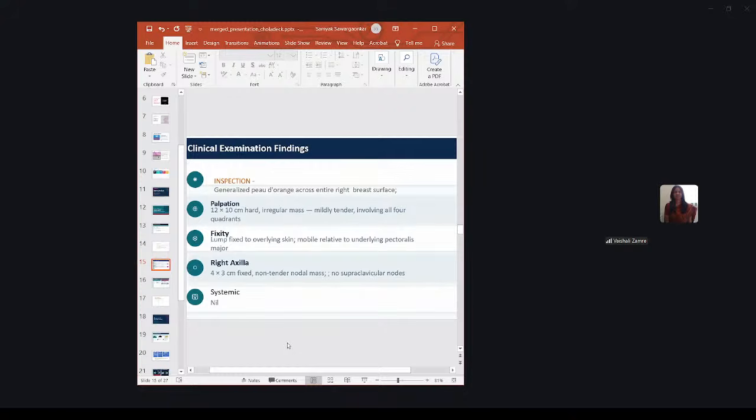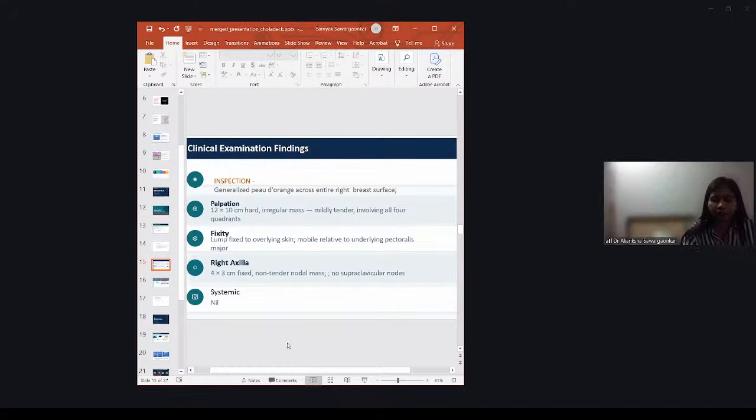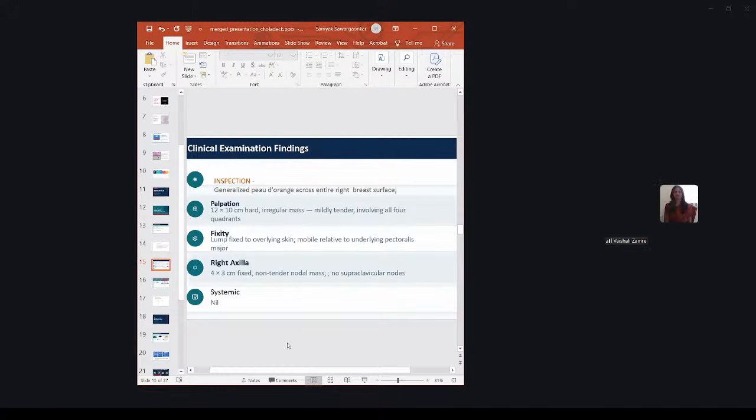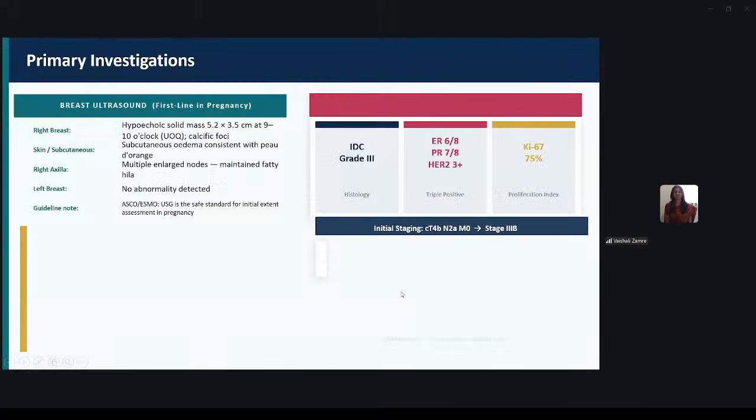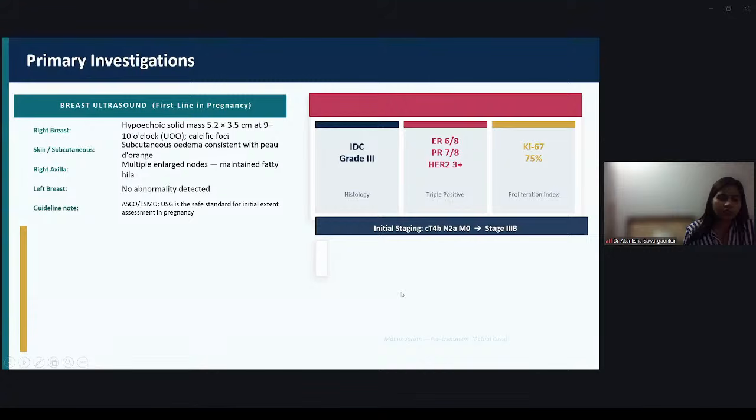However, very rarely in this situation, mastitis is also possible, because she has been lactating, but definitely we have to rule out that it is cancer. Go ahead. Then we did a primary investigation,